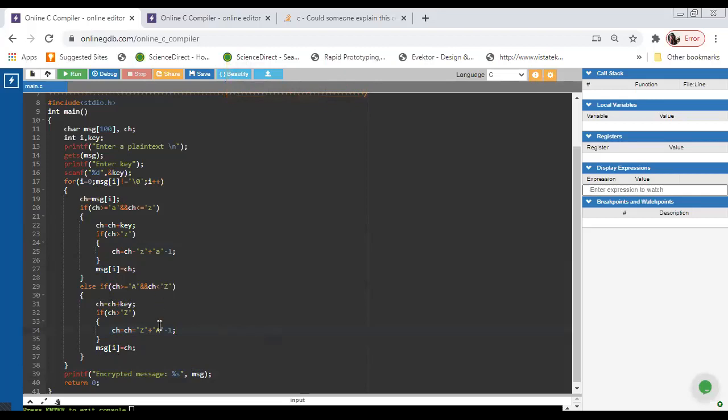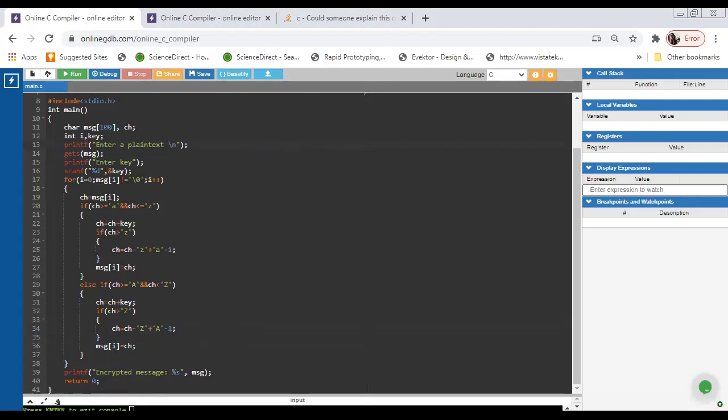Then we set message i equal to ch, which is printed on the screen as the ciphertext. So this is my ciphertext.